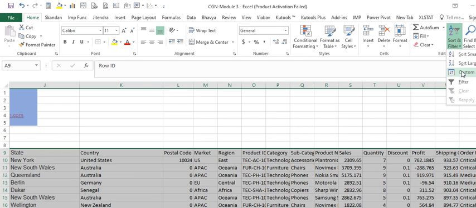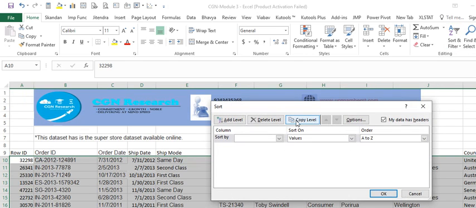Let me say I want to look at the shipping modes as the first level of sorting. I want it from A to Z, or you can even look at it from Z to A, and then you say okay.